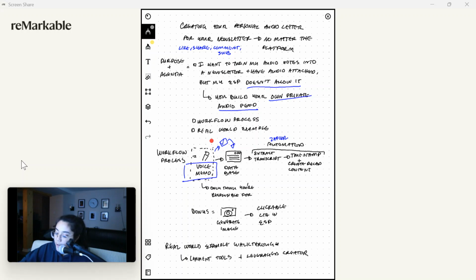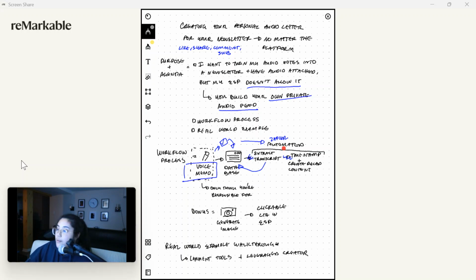All I do from that point on is once I'm done recording it, I send myself an email. That's all I do. I just, on my iPhone, send an email. And then it triggers this workflow here, where what it will do is automatically take my email and put it into a database. And before it gets to this database, I have an automation. So actually, I think this is a better way to say it: send myself an email, go through this automation, and then get put into the database.